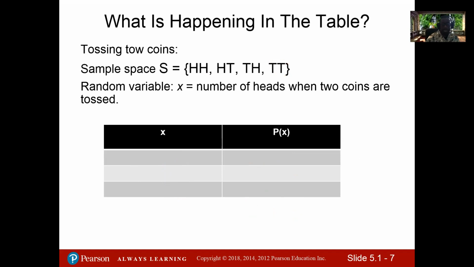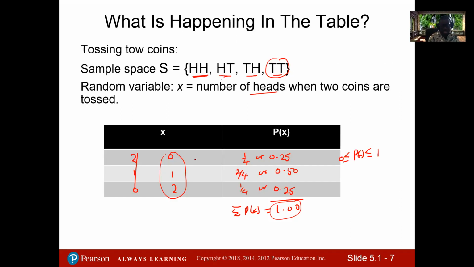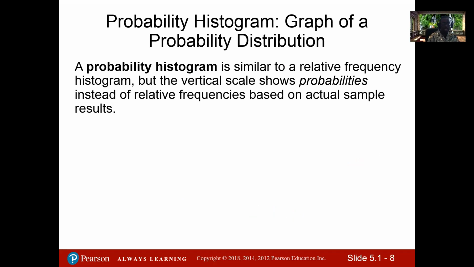Once we have this probability distribution, we can have a graph, the histogram. The histogram will show us the distribution, where the vertical axis will be the probabilities, and the horizontal axis will be the random variable, in this case the number of heads, X. The probability distribution is similar to the relative frequency distribution histogram that we did, but the vertical scale shows the probabilities instead of the relative frequency. That's the only